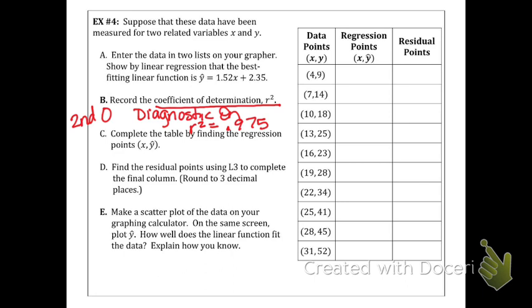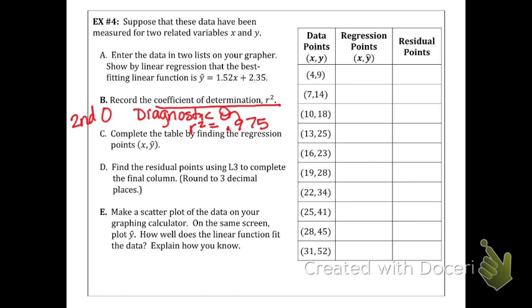So I'm going to go back to my stat edit. And in L3, I'm going to go up on L3 and type in my equation. So I'm going to type in the 1.52, but I'm not going to put an X because my X's are in L1. So I'm going to go to second and the number 1 plus 2.35 and hit enter. And so that's going to give me